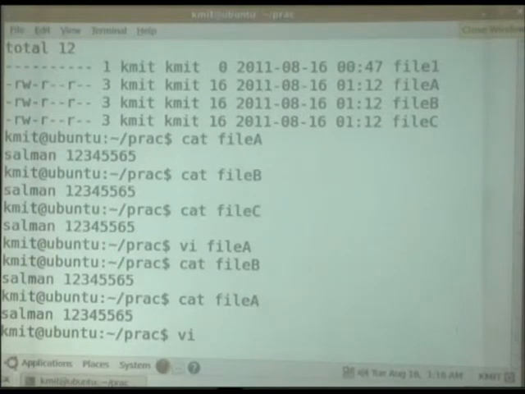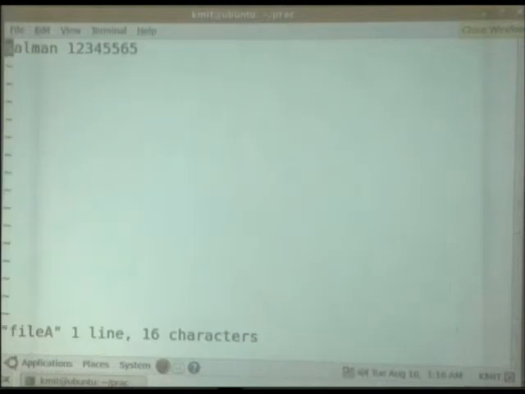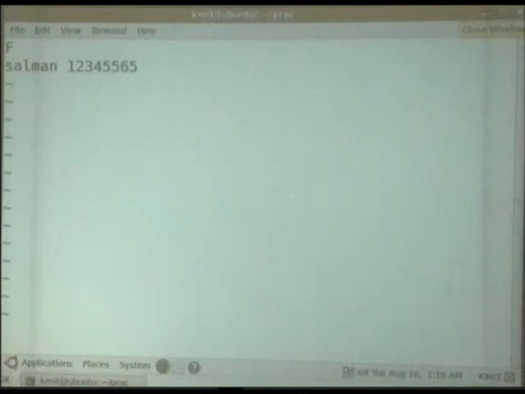Let's go vi file A, so it was not reflected, so I'll go in insert mode.